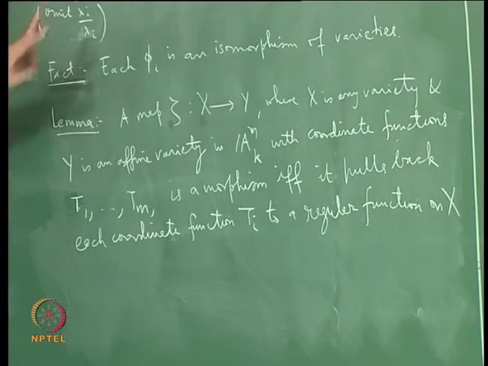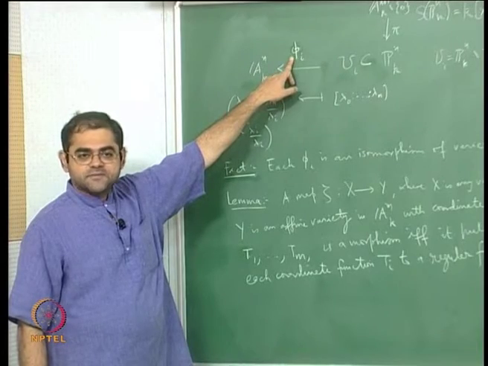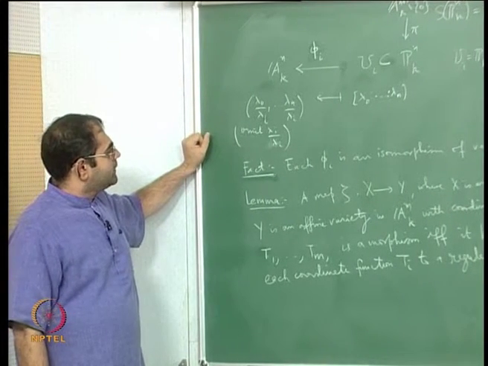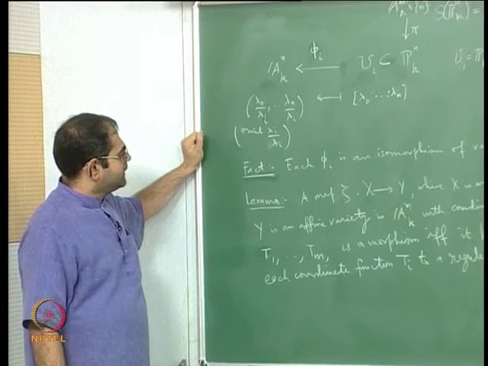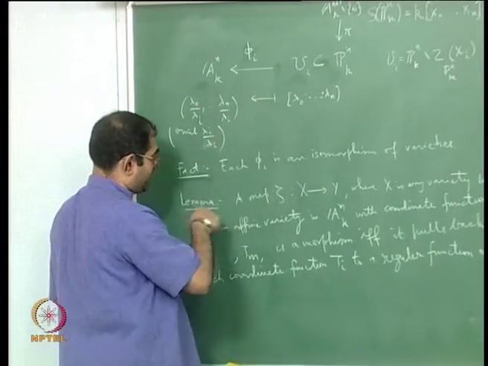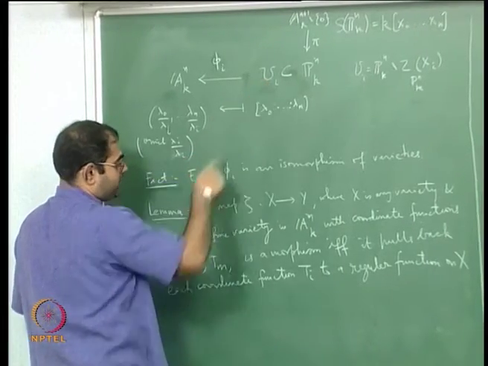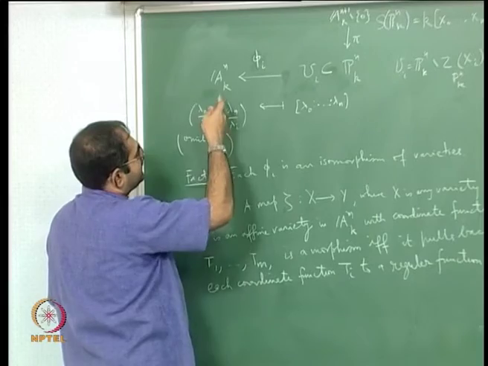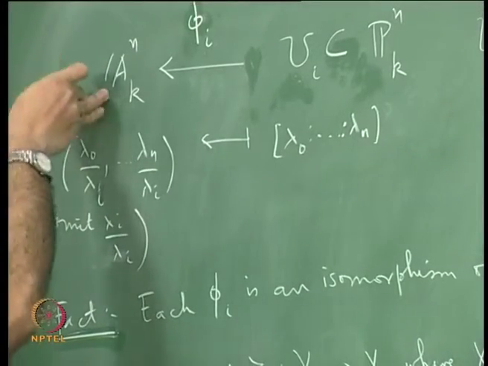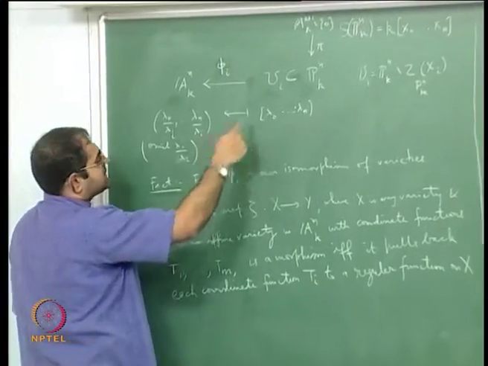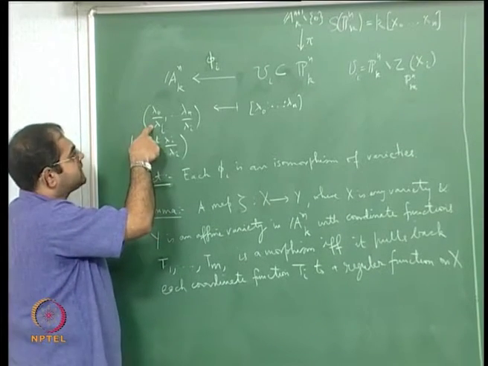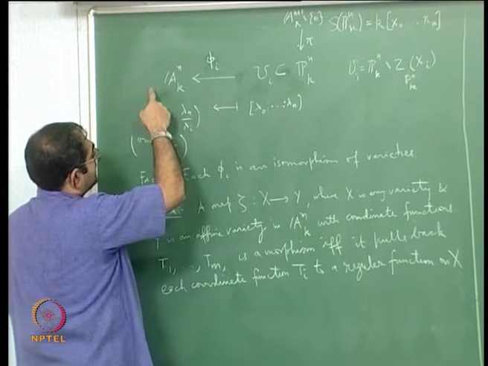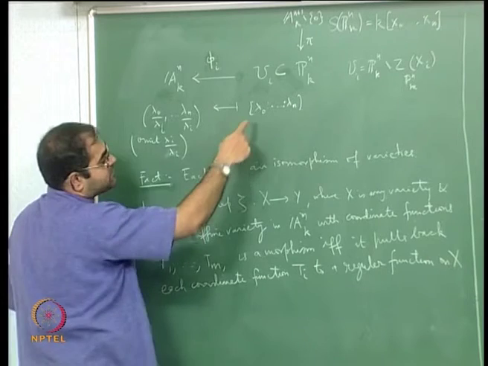So if you use this lemma, it's very easy to see that phi and phi inverse are morphisms, and since they are set theoretic inverses of each other, it will follow that phi is an isomorphism. For example, let me apply this lemma to phi. My source variety is Ui, which is a quasi-projective variety, and the target variety is an affine variety, just affine space. If I take a coordinate function on this and compose with this, suppose I take the coordinates here as t1 through tn, then if I compose, let's say, t1 with phi, I will simply get